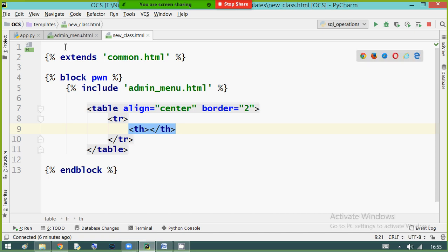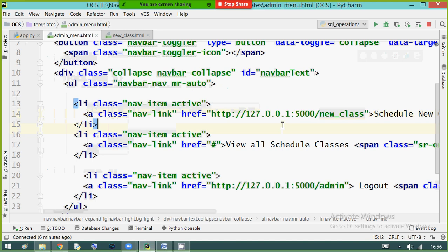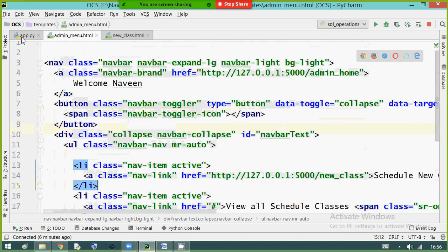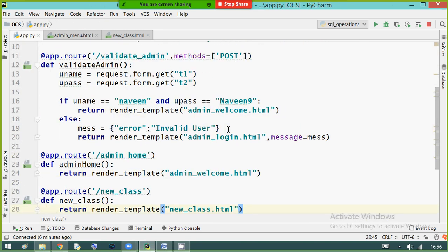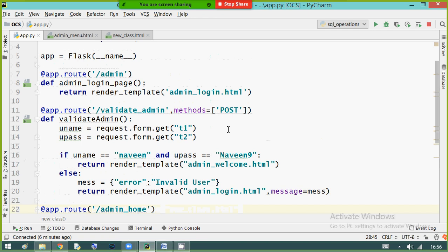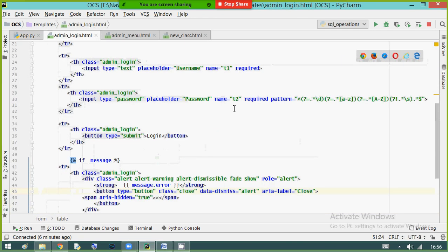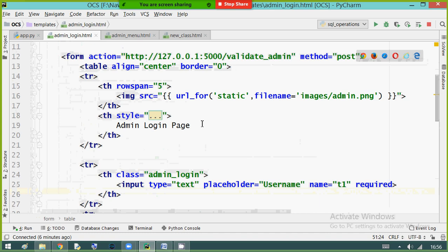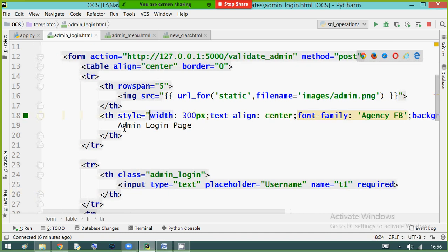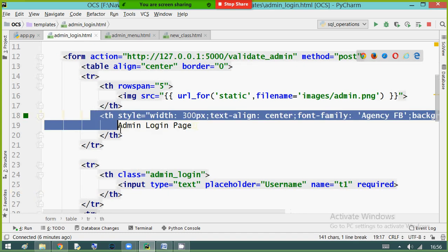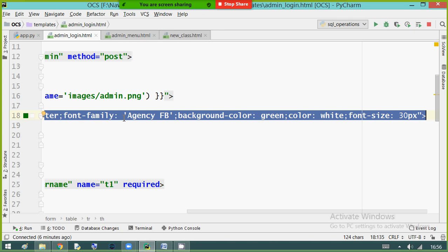Let me open my admin login page. In that we have given some design, and the same design I'm just copying.